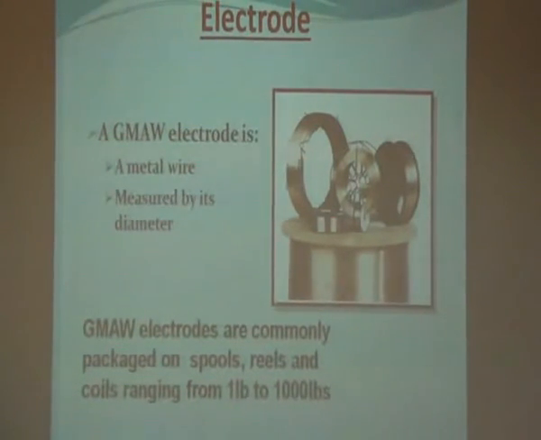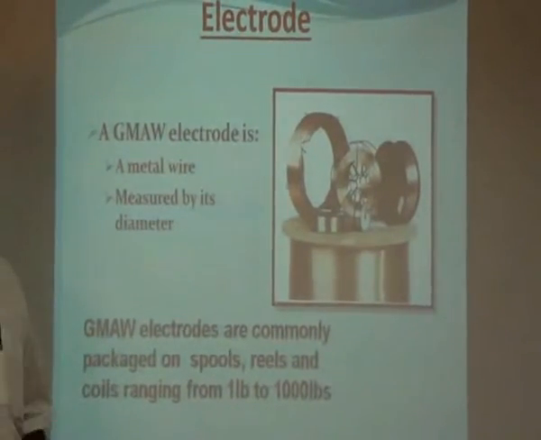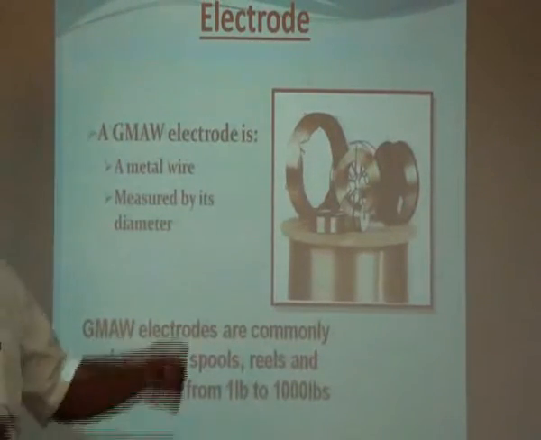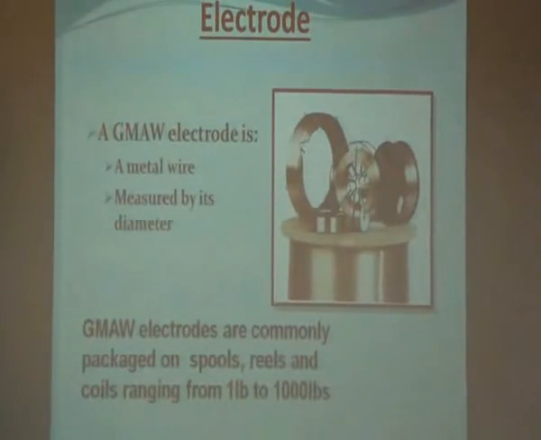But the only thing is, in the electrical wire you will have an insulating layer. Here there will not be any insulating layer. One is a metallic wire, and remember it is a conducting wire. One has to be very, very careful when you insert this particular metallic wire in